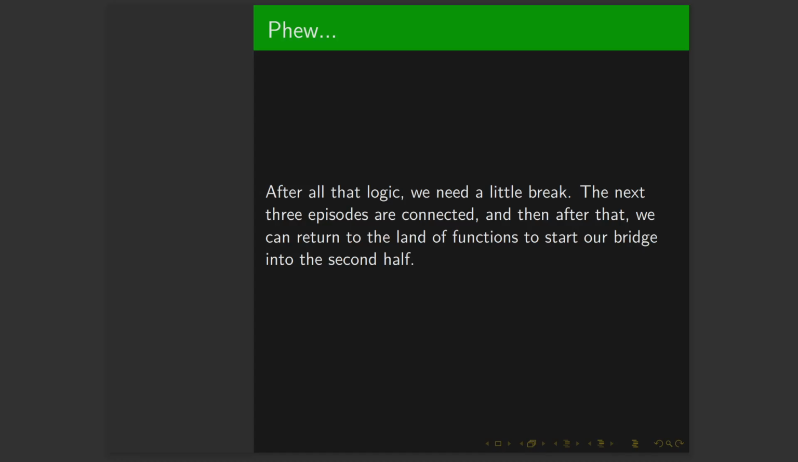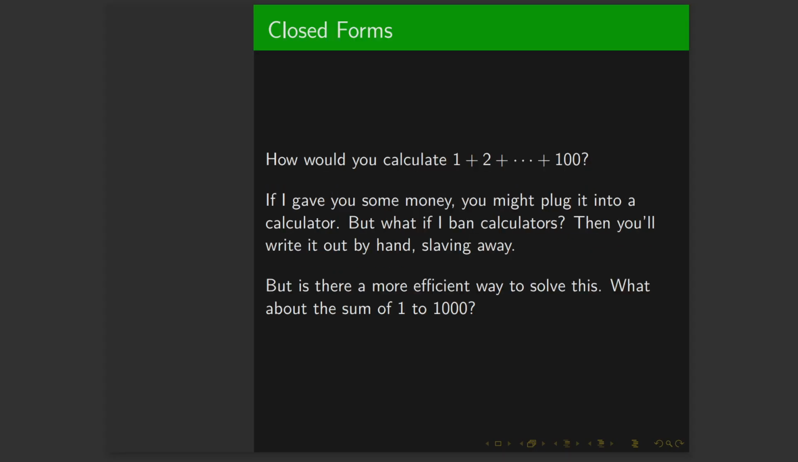The next three videos slash episodes are going to be a little connected, and after that, we can return to the line of functions and we can start our bridge into the second half. So we're about halfway through the first half, so we're technically a quarter through. The way that I introduce this topic is going to be very limited, but I believe the motivation is incredibly